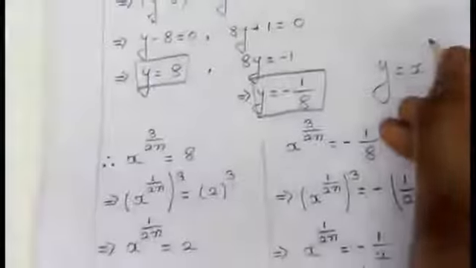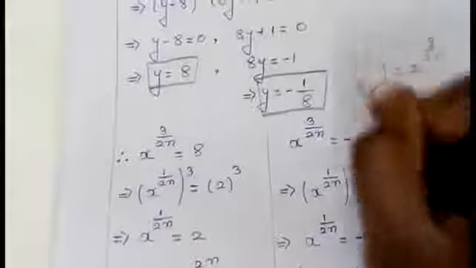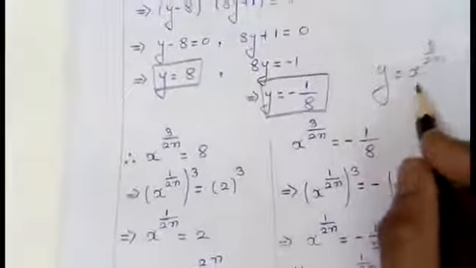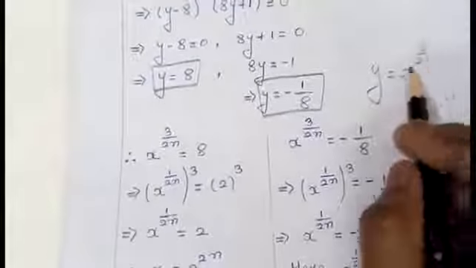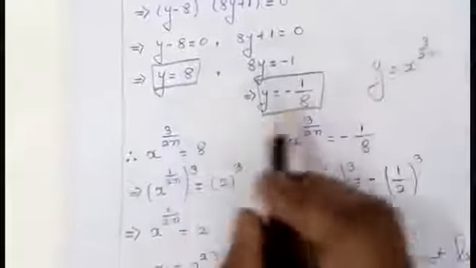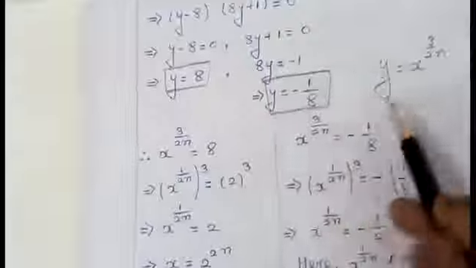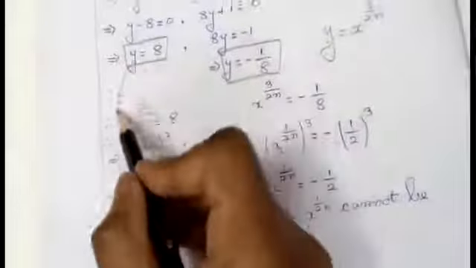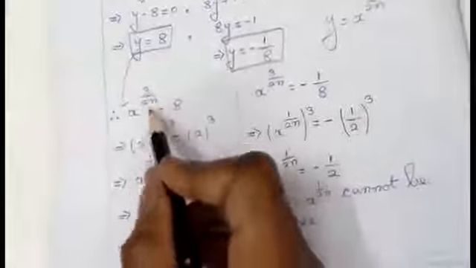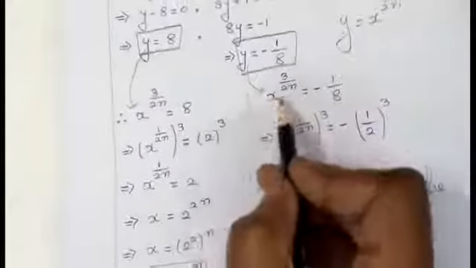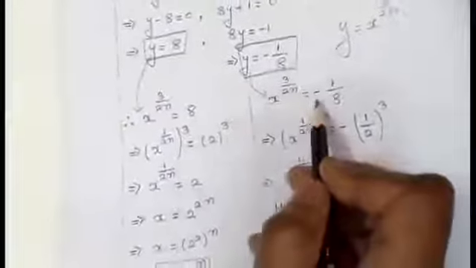Now in place of y, what is the value for y we have replaced in the first one? x to the power 3 by 2n. This is the method of our calculation. What did we do? We did replacement. We put y for this x to the power 3 by 2n. Now we have found the answer for y. Again we replace that y back into the original question. Now y is x to the power 3 by 2n. In this place also, y is replaced with x to the power 3 by 2n, students.